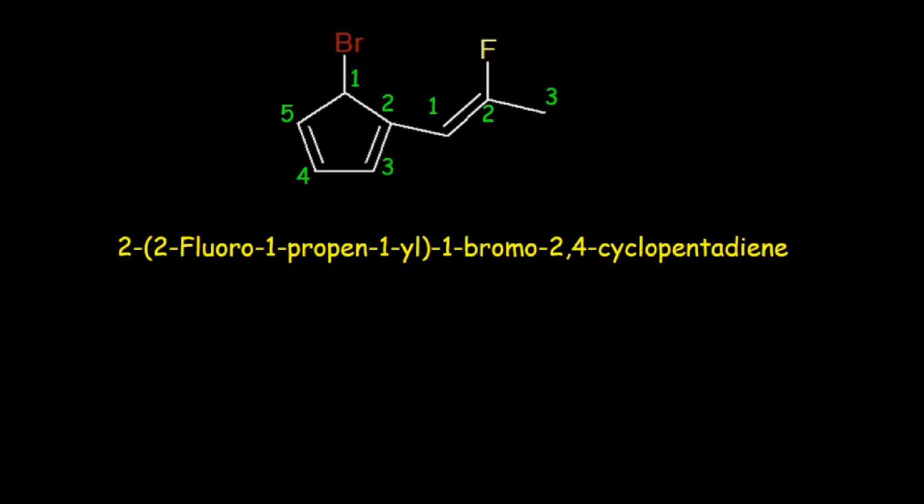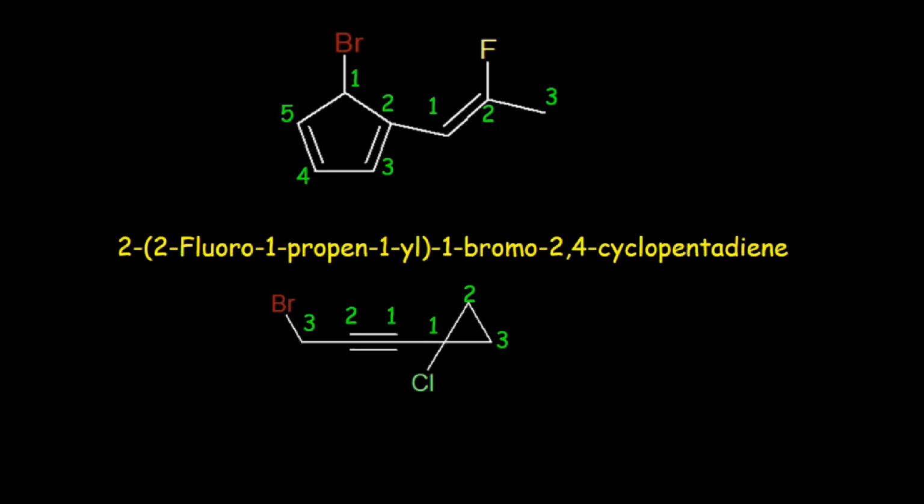Now moving on toward another example. This is a molecule with a 3-membered cyclic ring structure. Both chain and ring structures are present, and both have an equal number of substituents, so prefer the ring structure for the heading part. 1, 2, 3. Now number the substituent part 1, 2, and 3. The substituent part contains 1 acetylenic bond at the first carbon atom and a bromine atom at the third carbon atom.